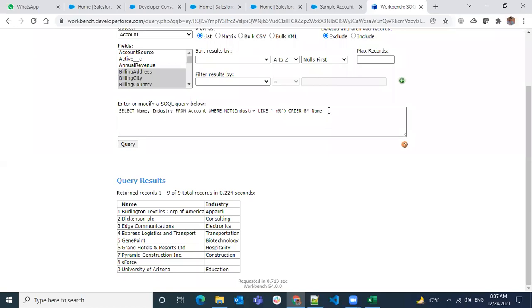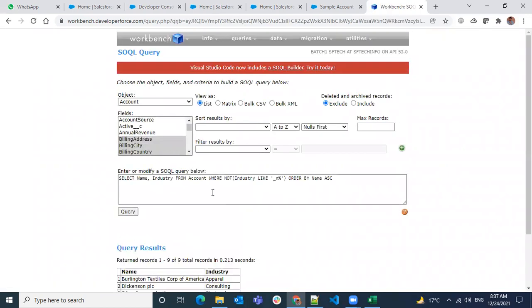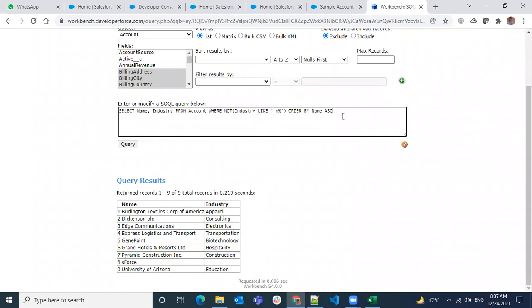By default, it will be taken as ascending. So here you can see B, D, E, E, E, G, and U. If you want to give ascending also, there will be no difference, because by default it is sorted in ascending order only. And if you want to give descending, then you will see all of it in the reverse order.